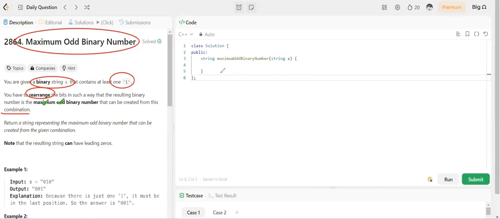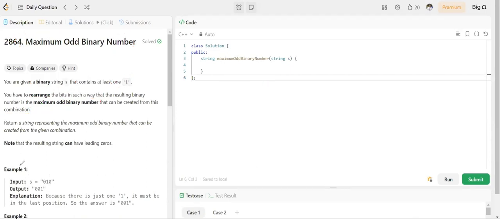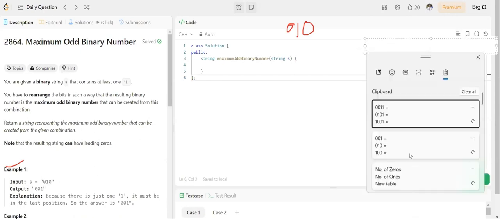Basically, we are given a string which contains zeros and ones, and we have to rearrange this string in such a way that we get the maximum odd binary number. Let's take an example and understand the question. So if we take example 1, the input is 0, 1 and 0. So we have to rearrange this 0, 1, 0 in such a way that we get the maximum odd binary number. So if we see the possible combinations of this are